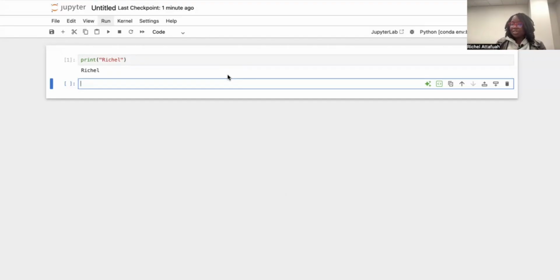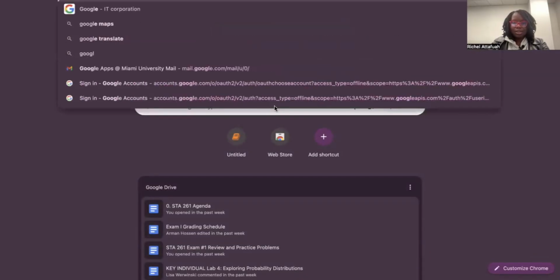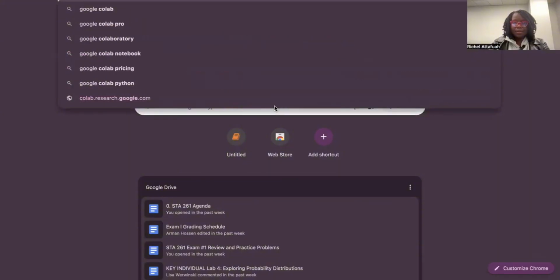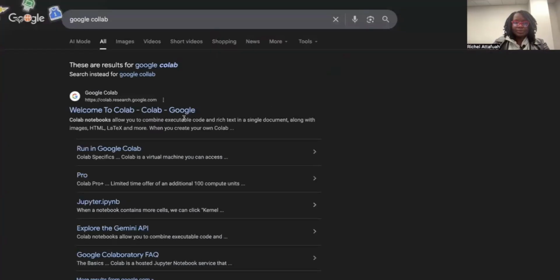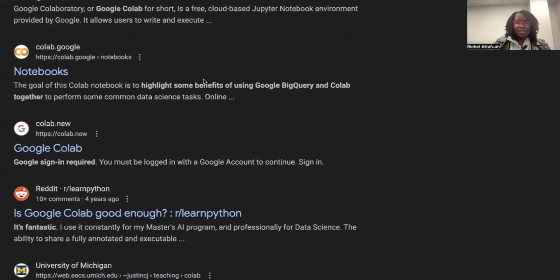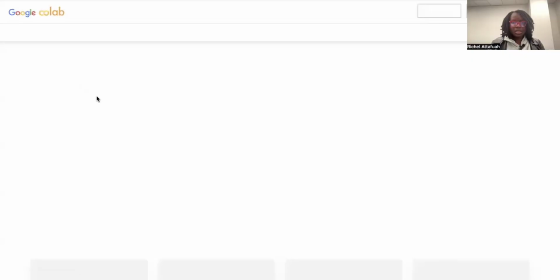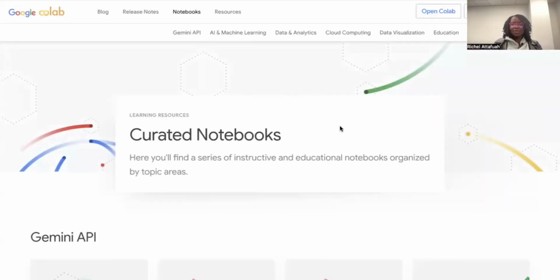Then the next option we have is actually using Google Colab. So you're just going to simply Google Colab. I'm going to open my browser. I'm going to type Google Colab. And you want the one that looks like this, kind of like having CO orange, and voila, this is how it looks like. So I'm just going to choose new notebook,